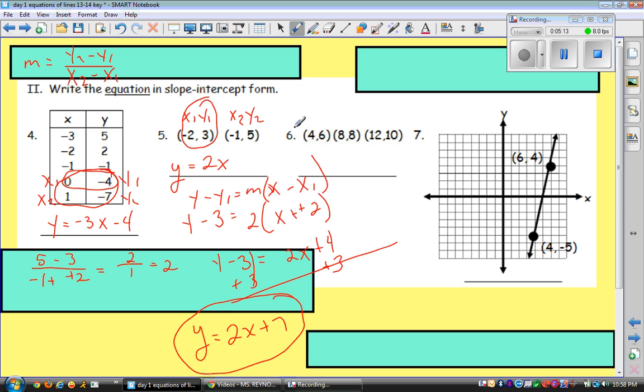We're going to skip 6. We'll do that in class. So we're going to go over here to 7. And notice they give us 2 points again. Well, we can use the slope formula again, or we can simply count rise over run since we're on a grid. So starting at 1 point, you go up and over. So counting, we go 1, 2, 3, 4, 5, 6, 7, 8, 9. So we rise 9, and we run 1, 2. We run 2. So the slope